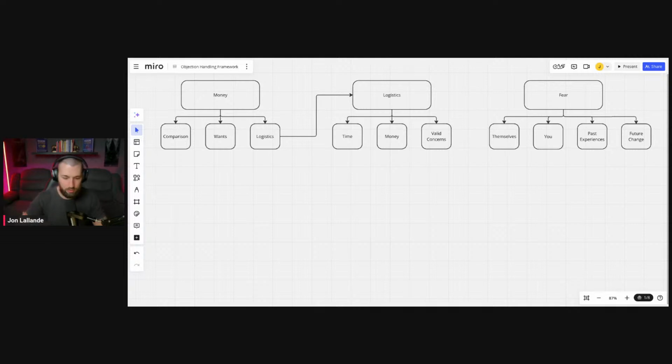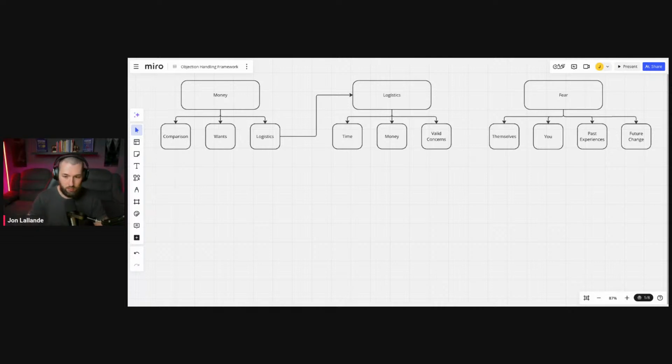Let's book a time. We disarm them. Okay, so when you're thinking about it between now and tomorrow, what questions do you feel like you might be running through your head, just so I'm better prepared for that next call? They're going to give you one of these three. Now, they can disguise it a million different ways, but it's one of these three objections. It's either money, it's logistics, or it's fear. And some of them can tie back into themselves, right?